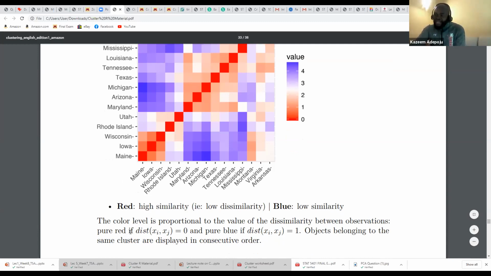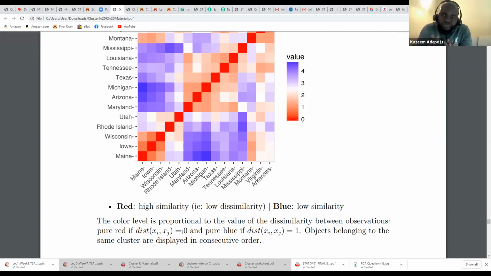When you say pure red, pure red is a perfect match. It's more or less talking about exactly the same state. And no two states will be exactly the same in terms of arrests, in terms of allegations of rape, murder, and so on. That is the reason why, when distance is equal to 0, that is a pure red. But you know what? We don't expect to have a pure red